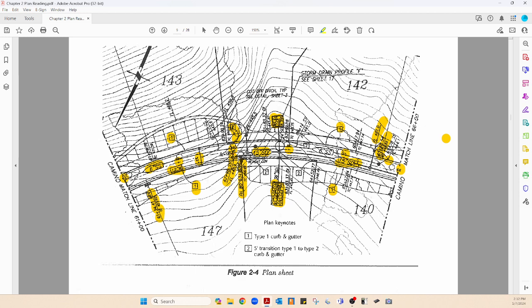It says 12-inch W indicated on the left side of the drawing. It shows an air release valve right there. There's an ARV, air release valve, at station